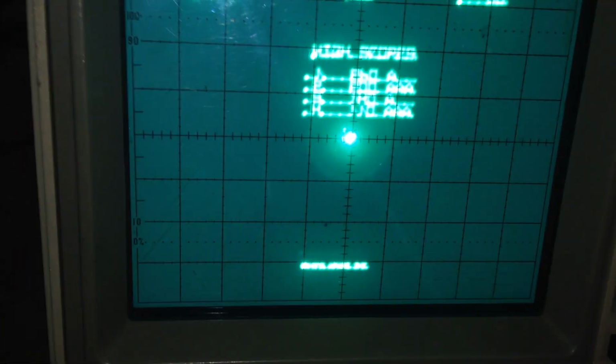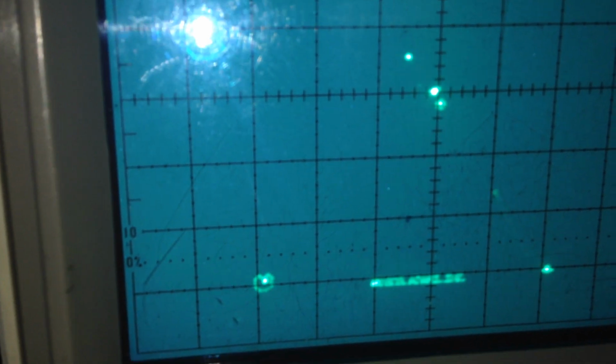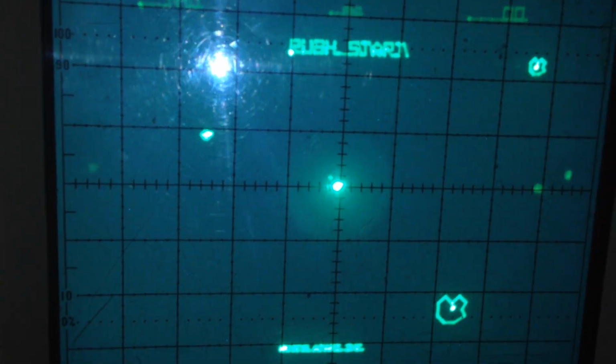So here is Asteroids displaying on my scope. Now I've turned the intensity up right there. I don't want to spot my scope. This is in attract mode. It's just running. You see the UFO coming in and firing, pew-pewing away at the rocks exploding. And you can see some interesting things. The rocks actually are rendered, when the rocks get rendered,